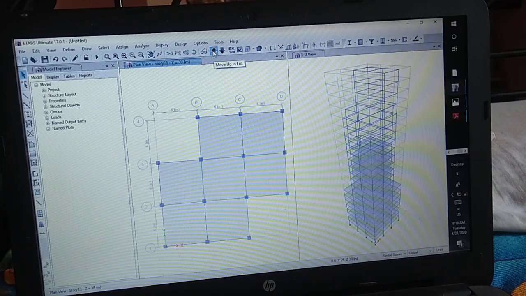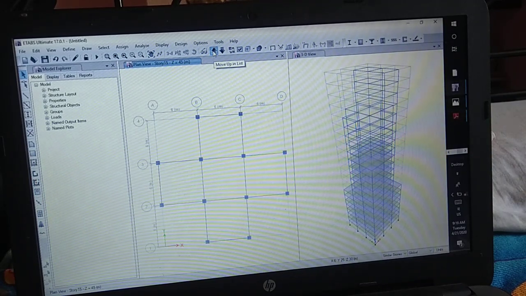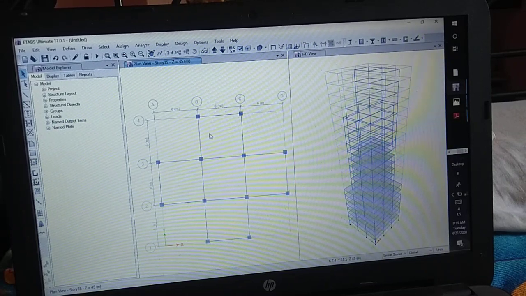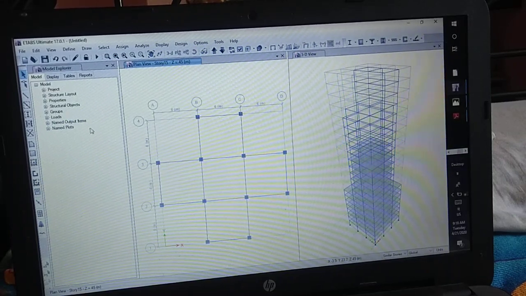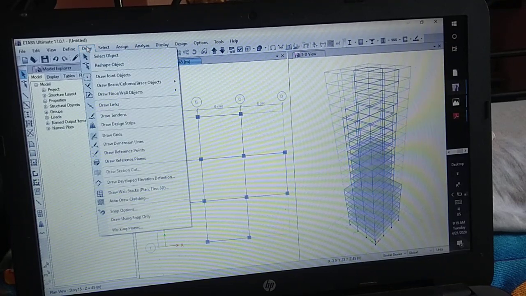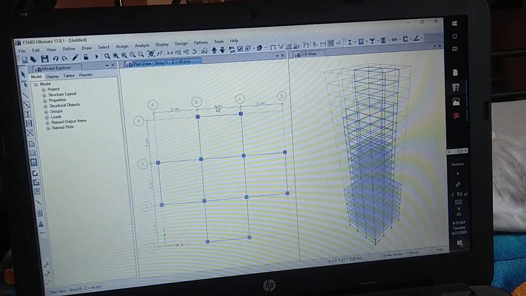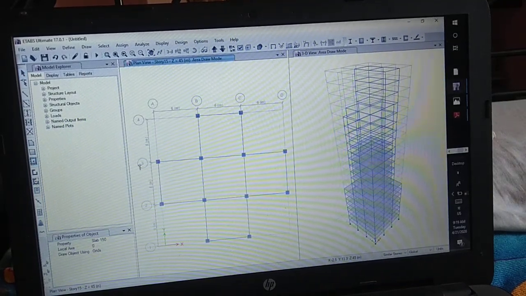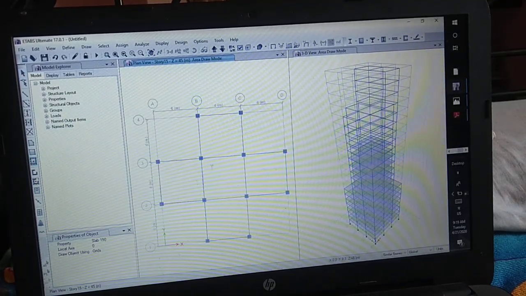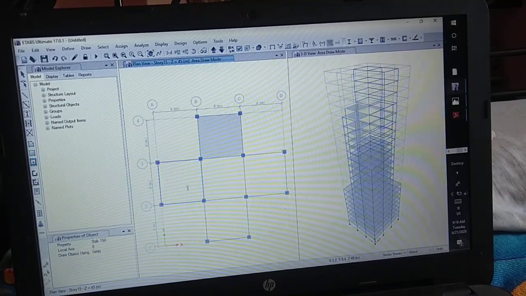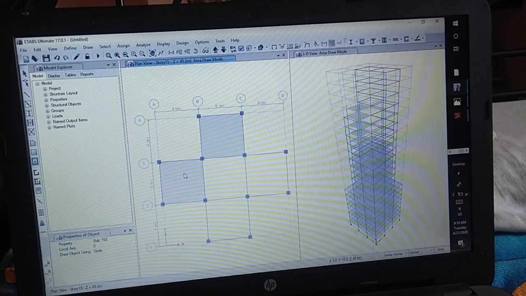Go to the next stories, story 14, story 15 to story 19. We have to draw slab here. So go to Draw Floor, Quick Draw Floor. So make sure the Slab 150 property is here. So simply click on the slab.